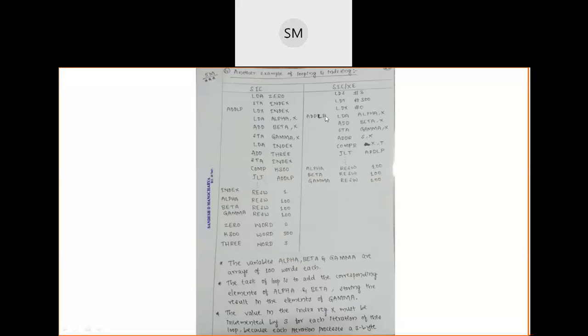Again, you jump back to the add loop. Like this, the X value will become 9, 12, 15, and 18 like this. And this 3 will be fixed for the register. Like this, we will keep on incrementing the value of X until the condition becomes false. This loop will be continuously executed, and once the condition becomes false, this program terminates. Clear? So this is also a very interesting program written in SIC/XE for indexing and looping purposes.